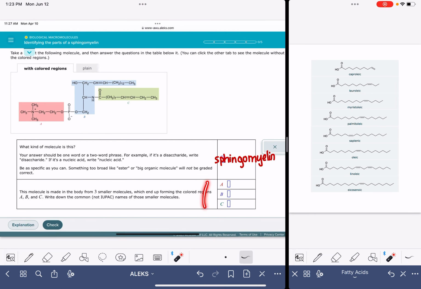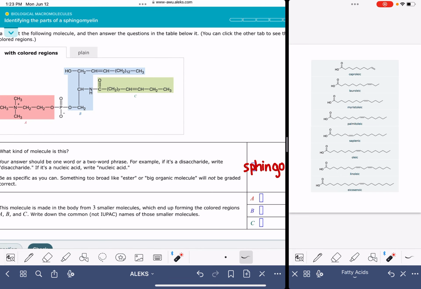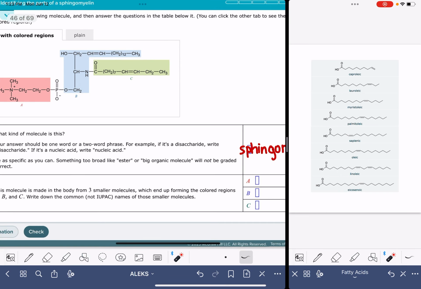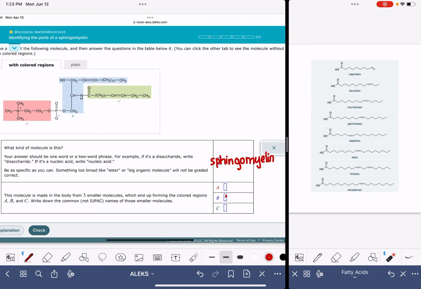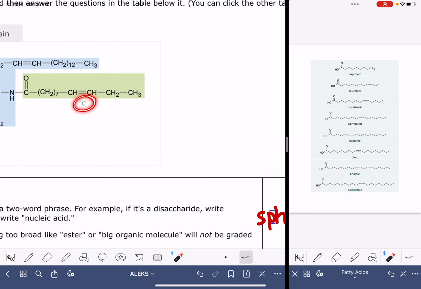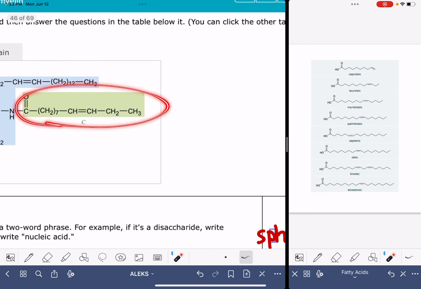Also, the second portion of the problem is going to ask you what are the three different components of this sphingomyelin. So first of all, the portion in B, that is just a characteristic for all sphingomyelins, that is called sphingosine. The portion that's highlighted in green, identified as part C, this is a fatty acid, or it came from